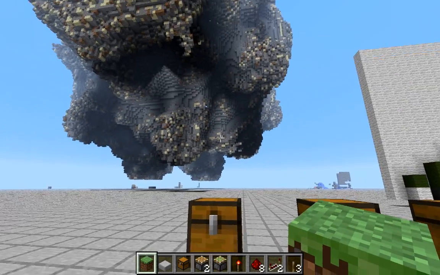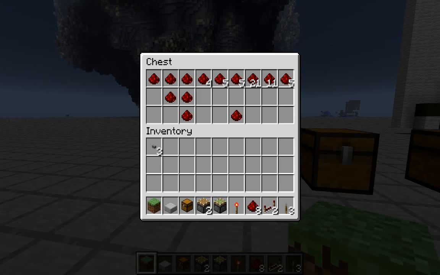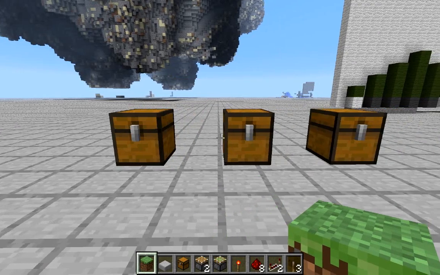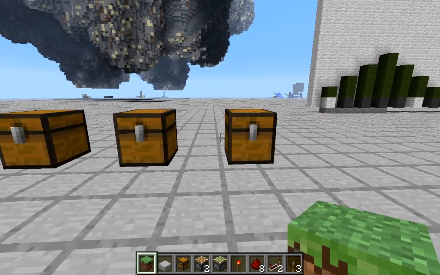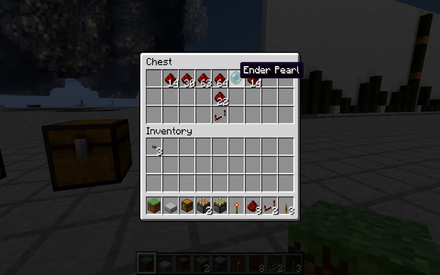It uses chests as input. Basically, each column in this chest represents one data. So this would be 1, this would be 2, this would be 3, 4, 5, 6, etc. It just adds up all the rows in each column. If you want a 0, you have a blank column, and you can use the ender pearl to tell it